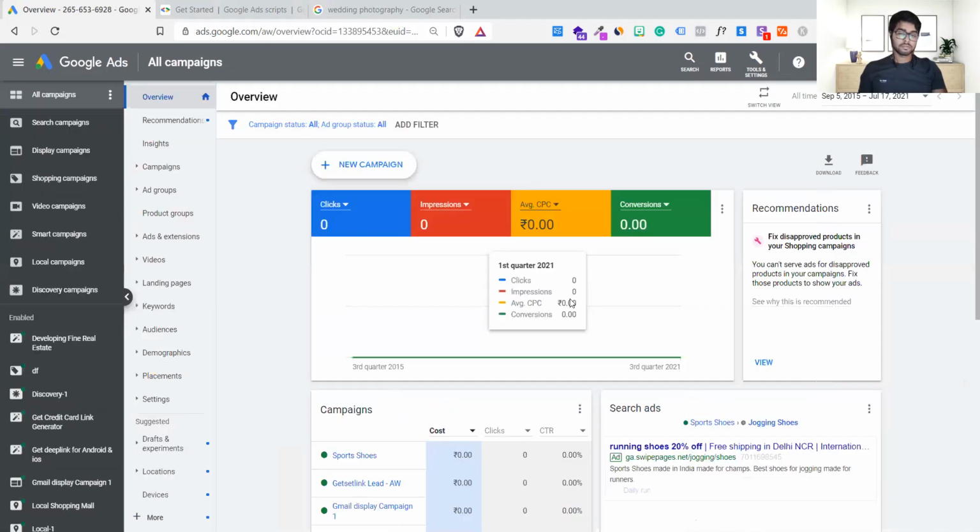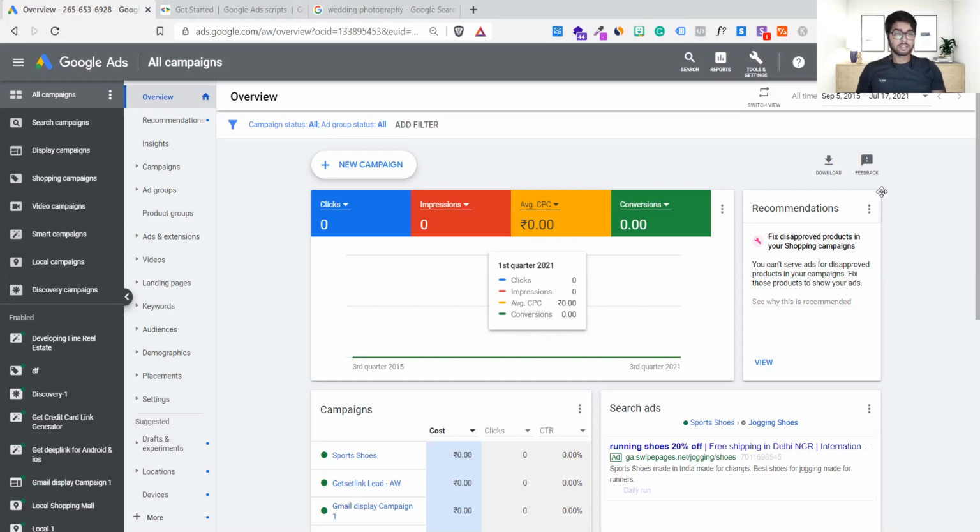So what do you do when competition is high or the keyword cost is high? I try to improvise. It's something you have to understand. Suppose in 2019 I was spending 50,000 rupees on ad budget and getting 500 leads. In 2021, spending the same 50,000, I'm not getting 500 leads. It's not possible. To get 500 leads I now have to increase my 50,000 budget to 65,000, because cost per click has increased. A lot of competitors have come now, so I cannot survive in the market if I stick to 50,000.